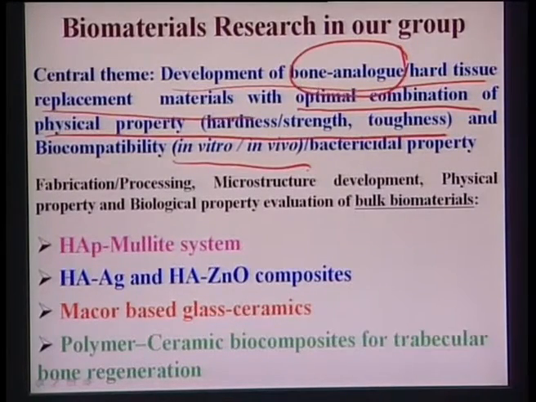Now, there is a certain terminology aspect in material science. Hardness, strength or toughness are called mechanical properties, but in biological literature, in many standard textbooks, these properties are mentioned as physical properties. Physical property in material science mostly means density, thermal conductivity, resistivity. So this is just a nomenclature, the way people describe certain properties in two different communities: the material science community and the biological community.